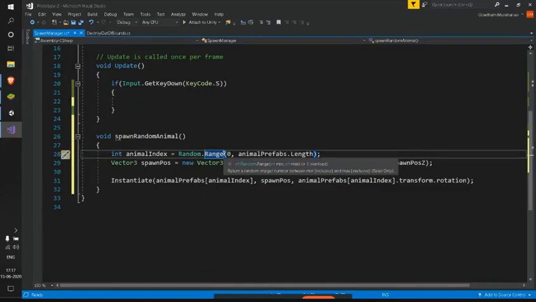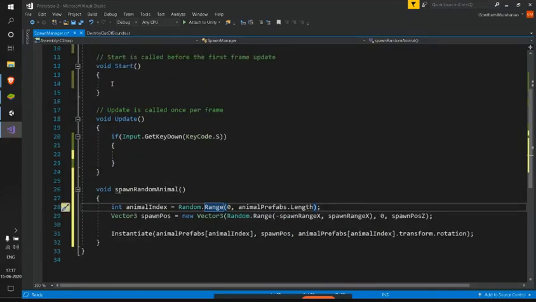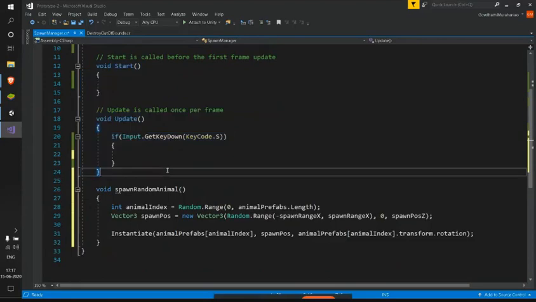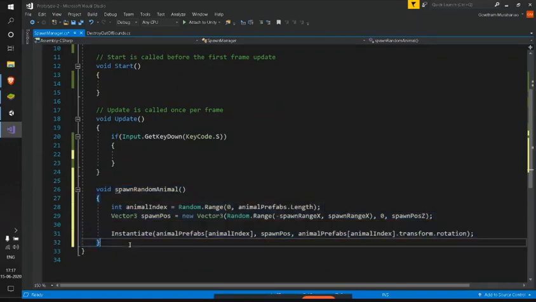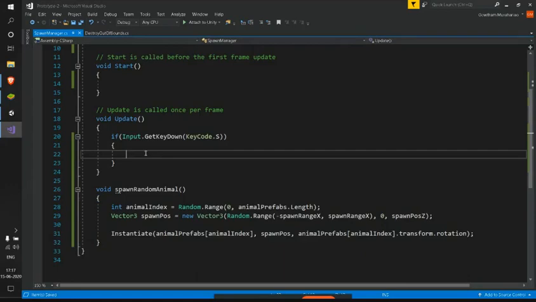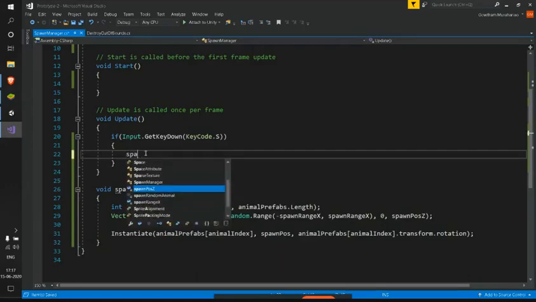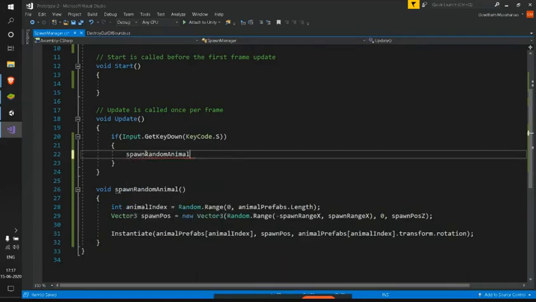But this is the first time we are creating a whole new method which is completely our own. So let's just call this same method here, SpawnRandomAnimal.